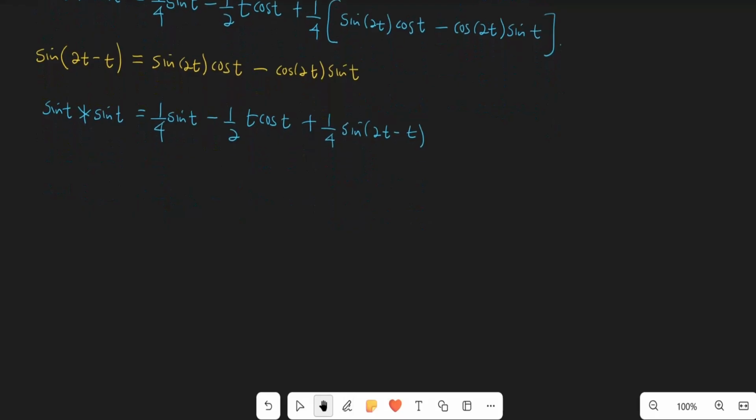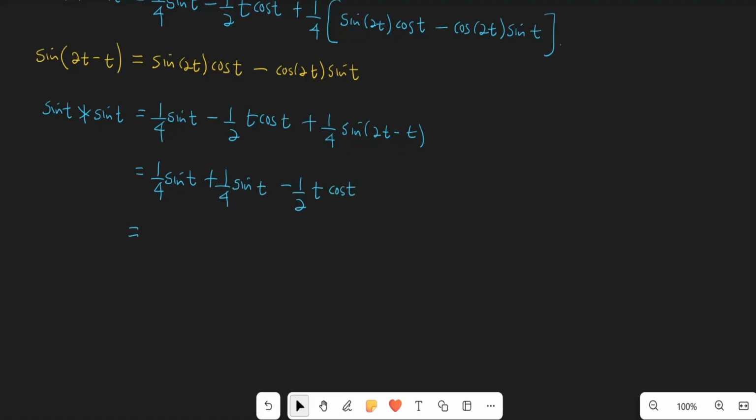And sine of 2t minus t is sine of t. So this one is going to be 1 over 4 sine of t plus 1 over 4, that is this guy, sine of t,